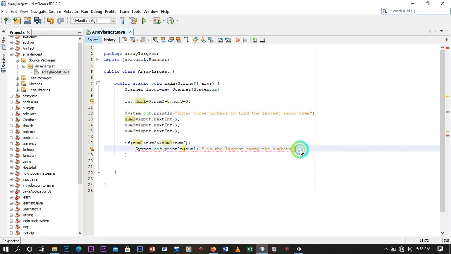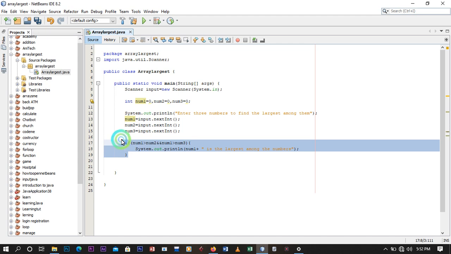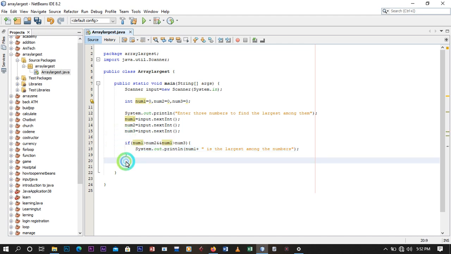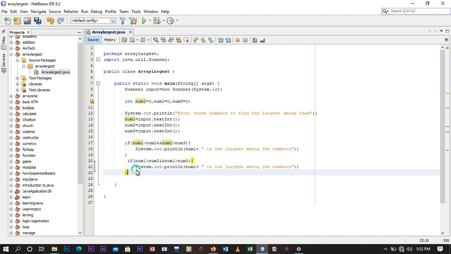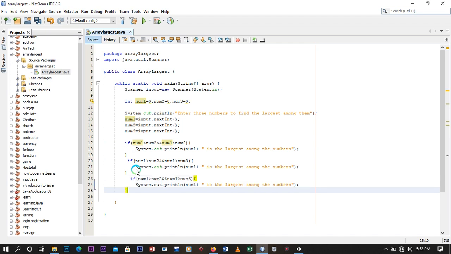Okay, let me terminate it. Sorry. Okay, so else if num2 is greater than num1, and then num2 again is greater than num3.